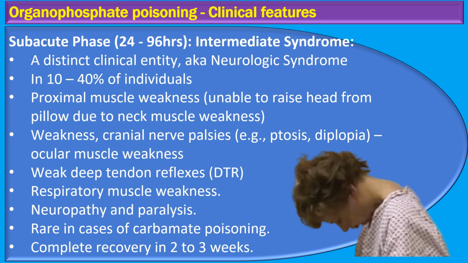It's fascinating to note that the progression and recovery of the syndrome correlate with the levels of acetylcholinesterase in red blood cells. Moreover, nerve conduction studies have shown unique postsynaptic abnormalities in patients with intermediate syndrome, setting it apart from other forms of delayed neurotoxicity. This distinction is crucial for healthcare professionals when diagnosing and treating the condition.